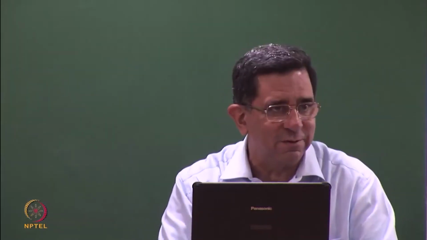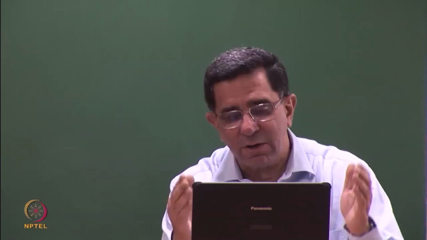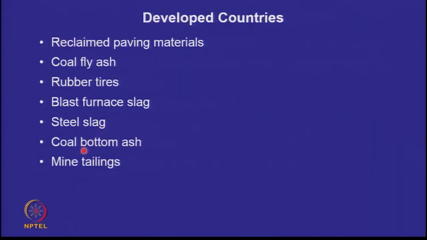The original rock. However, in the processing, you may have added a lot of things. So beware, all slags may not be good material. But if a slag doesn't have hazardous component, you can use it. So you can have blast furnace slag, steel slag, all kinds of slags. Coal bottom ash can be used separately, mine tailings can be used.